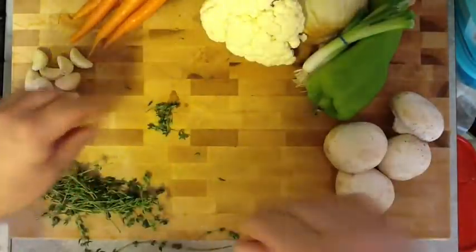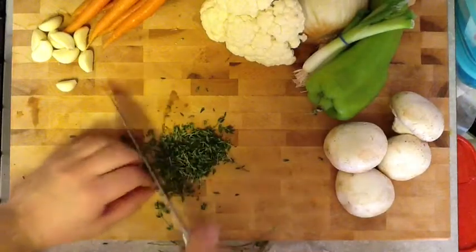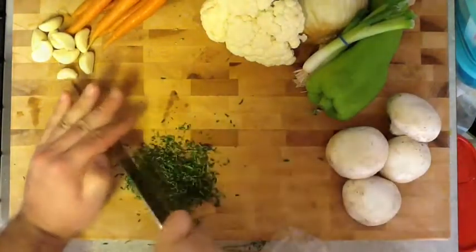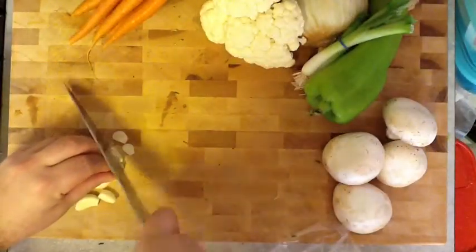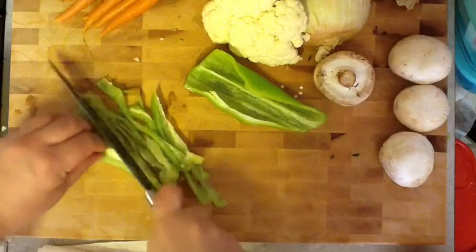Get the knife nice and sharp, just put on the steel a couple turns, and it's good to go. We're going to get our thyme off the stems, and then peel them all off and chop them up. Yeah, because it's the right time to have happy cooking at our house. So then do some chopping on the garlic, chop it all up, love our garlic, get your blood going, and